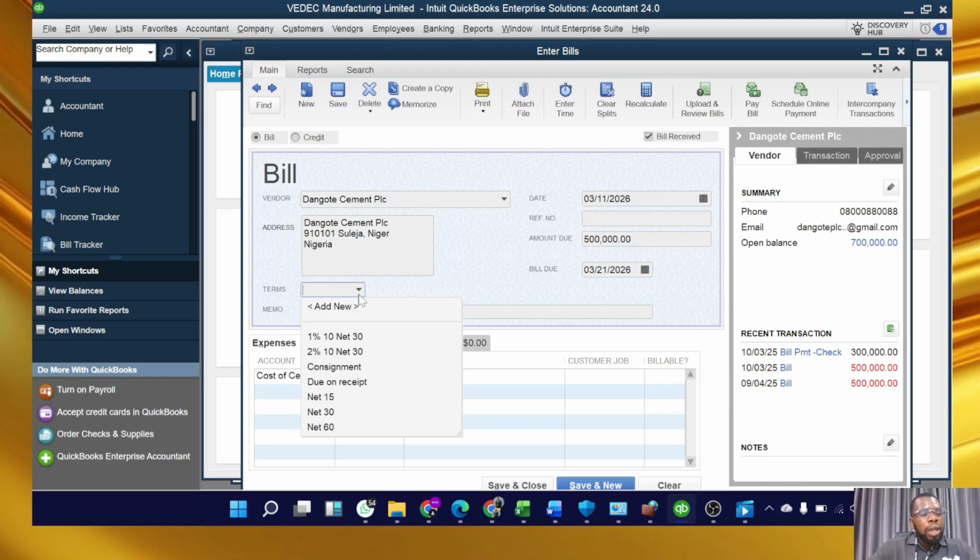Due on receipt, immediately you get the bills you are owing, right? Immediately you get the bills you are owing. Net 15, your owing structure has a max period of 15 days. Net 30, net 60, that is how it works on these bills, right? Now, what we're going to do, we're going to choose due on receipt. So immediately we issue this bill,